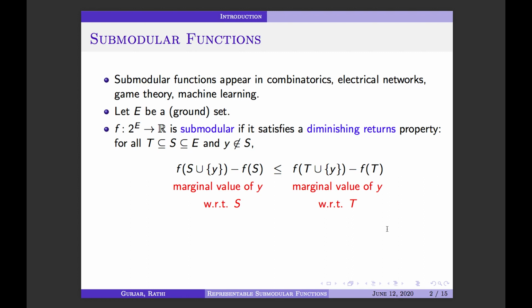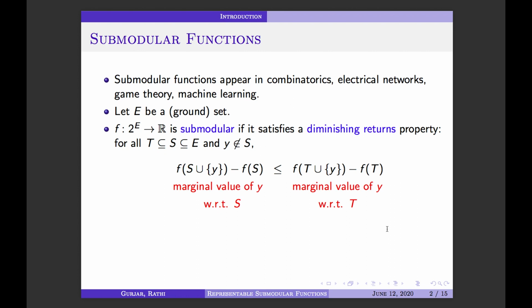The left hand side of this inequality is f of S union y minus f of S, which can be viewed as the marginal value of y with respect to S. Similarly, on the right hand side, you have something which can be viewed as the marginal value of y with respect to the set T. So the inequality is saying in some sense that the marginal value of y with respect to a larger set must be at most the marginal value of y with respect to a smaller set. Note that by larger here we mean